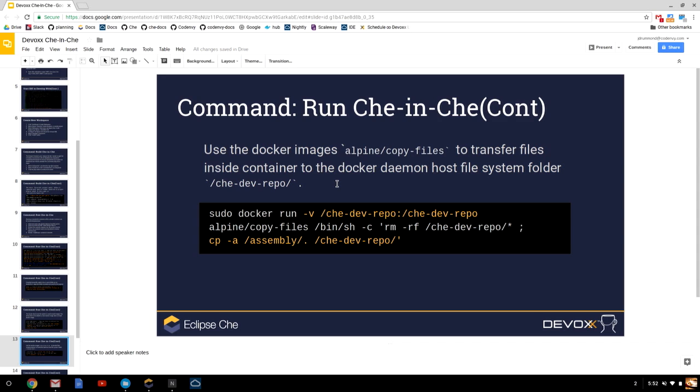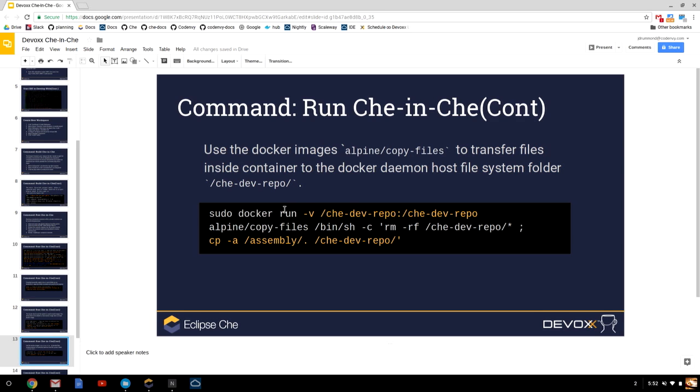All right. So that build step, we created a new Docker image, alpine/copy files, to transfer all the files into the container. So what I'll explain here is the next step we do is we actually launch the middleman container, as I phrased it earlier. So what you'll see here is I am volume mounting a